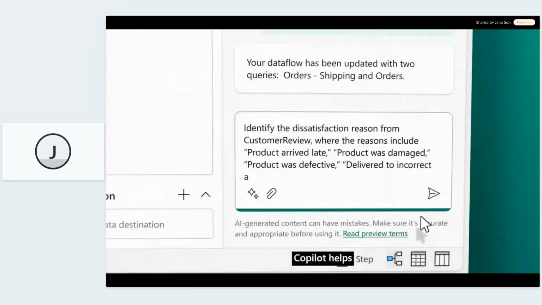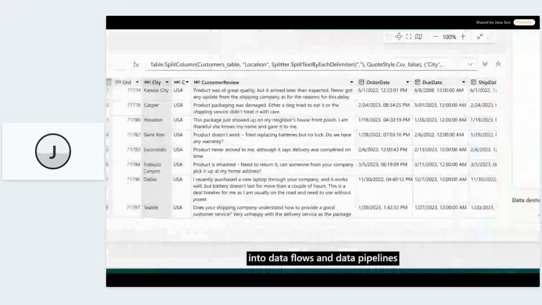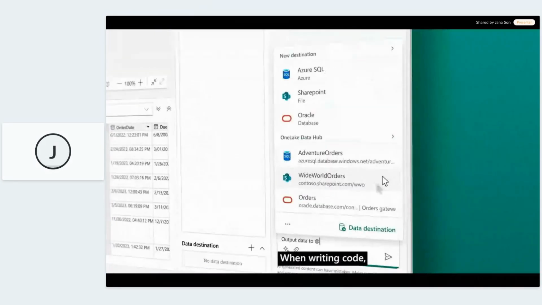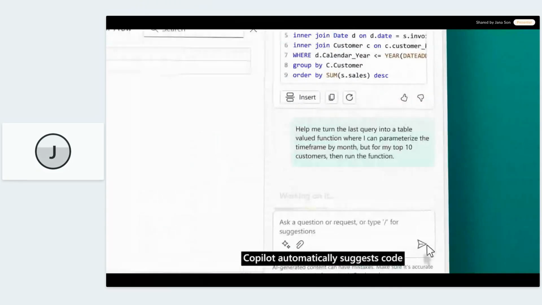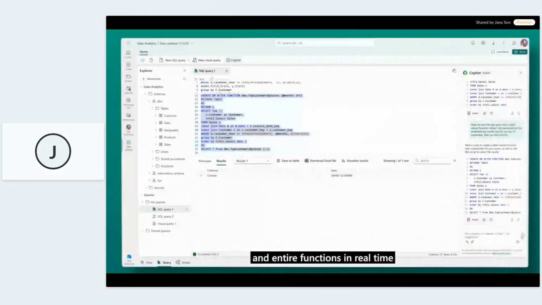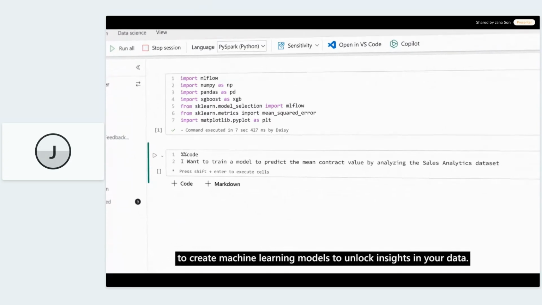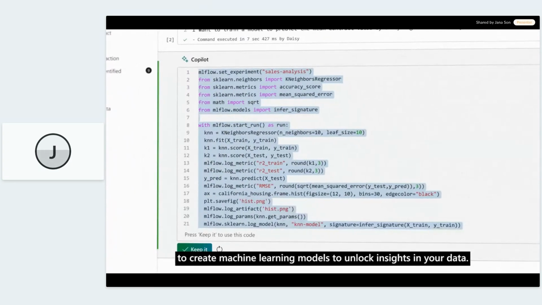Copilot helps turn your words into data flows and data pipelines, so you can intelligently integrate data from anywhere. When writing code, Copilot automatically suggests code and entire functions in real time. And Copilot can guide you to create machine learning models to unlock insights in your data.